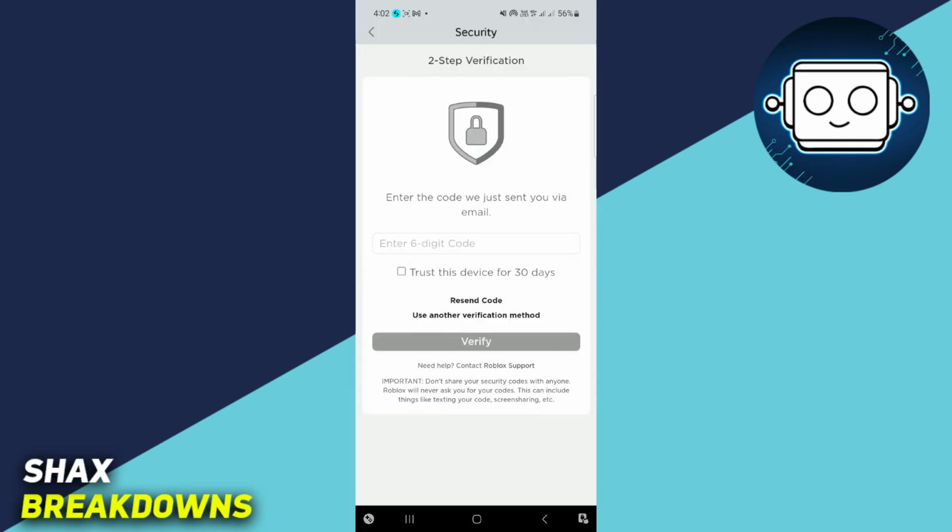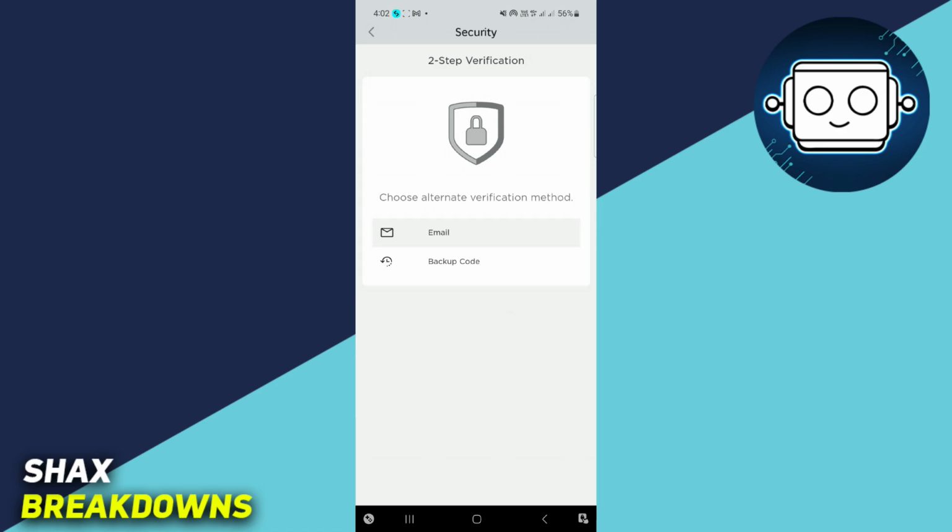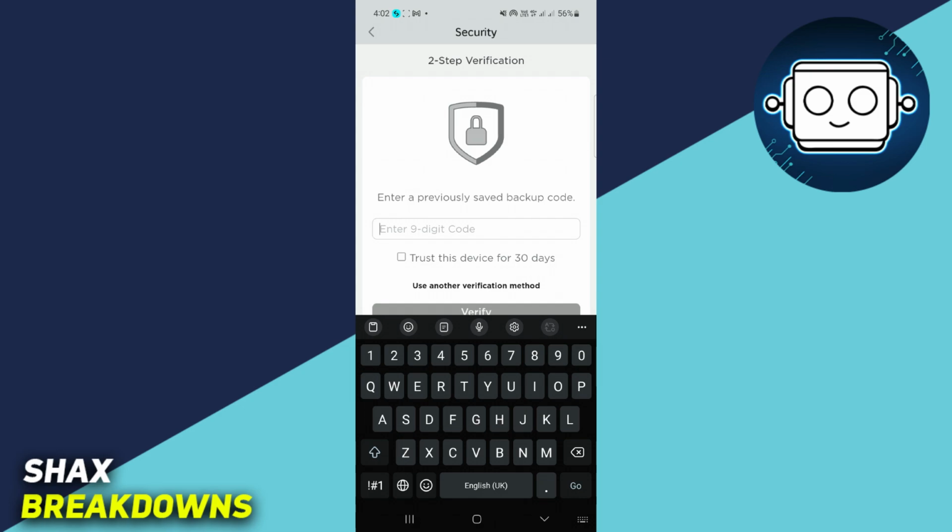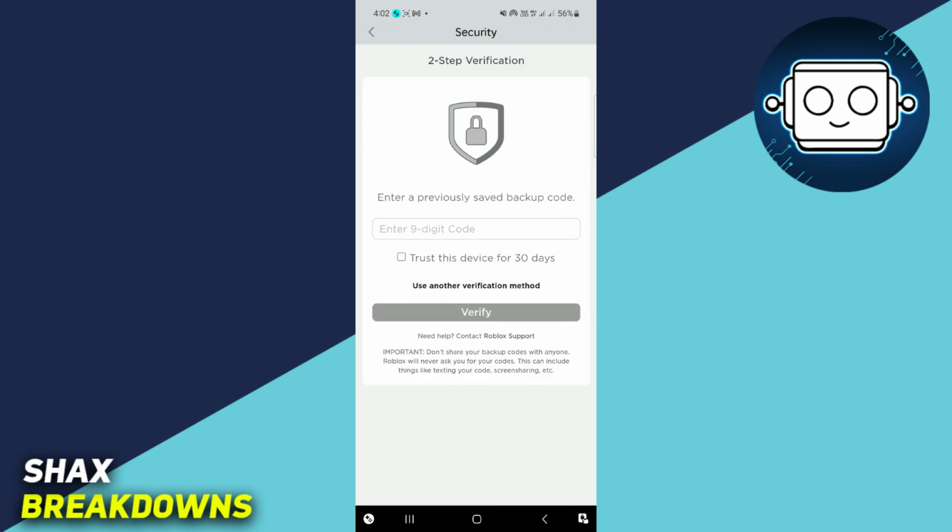Another thing you can do is hit this use another verification method. If you tap on that, it gives you two options. One is email, which we just tried, and another one is backup code. So essentially, if you have saved a backup code on your phone or on your device, it is usually a string of 9 digits that will let you log into your account no matter what. These are things that you set up when you set up that two-factor or two-step verification. So if you have that backup code, just enter in that backup code now,